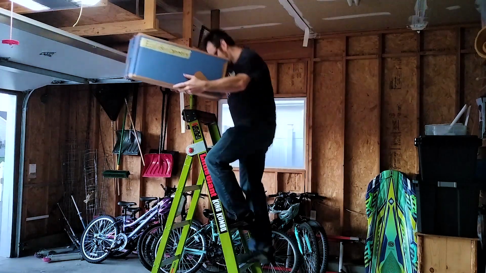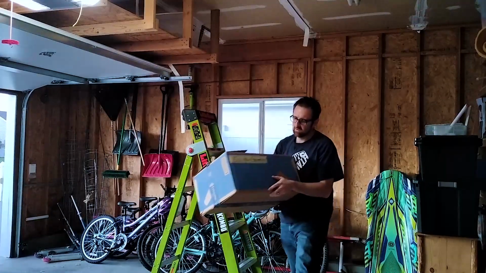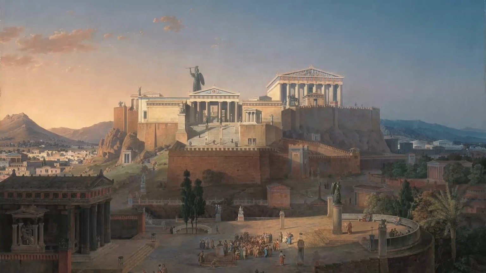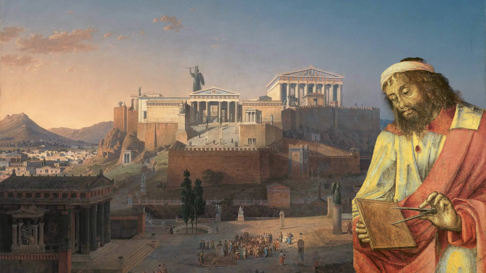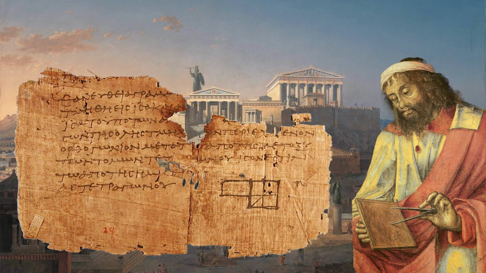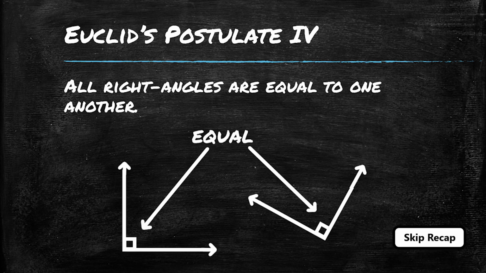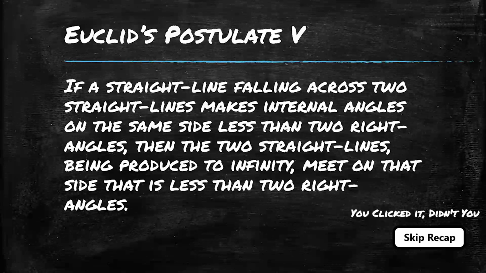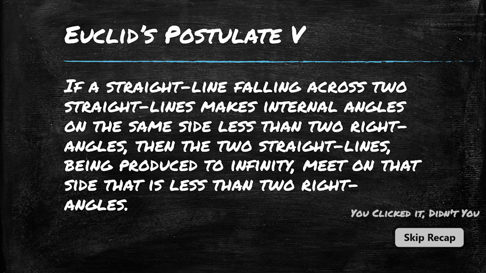Welcome to part 2 of our exploration of Euclid's fifth postulate. In part 1 of this video, we found an old box in my garage full of Euclidean geometry. We discussed how Euclid was the first to attempt to construct the geometry of the plane from a set of first principles called axioms, and we learned that many mathematicians wondered if the fifth postulate, which was much more complicated than the first four, could be proved just using those first four axioms.